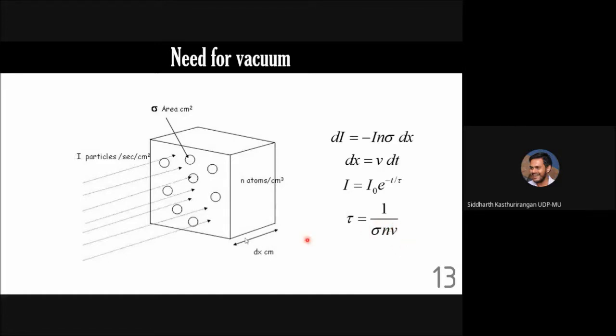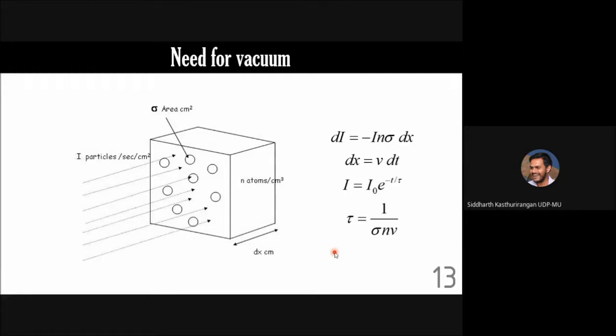However, v is the velocity of the beam particles, which is determined on the basis of what kind of process you want to carry out. So you need to have this independently changeable. Sigma is the cross section which you have no control over. It is a kind of God given quantity. The only quantity which you have control over is the number density of atoms. If you reduce the number density, you get longer beam lifetimes. This lifetime is not related to the decay based lifetime which we have studied for muons, etc., which was there in one of the problems. This lifetime is just the survival lifetime because of repeated collisions with the gas molecules.